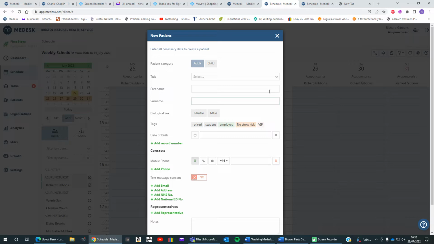So let's have Boris Johnson. He could probably do with a bit of therapy. You can see there are options to put in his sex, his employment status, his date of birth. None of these need to be completed. The only thing you need to put is his name